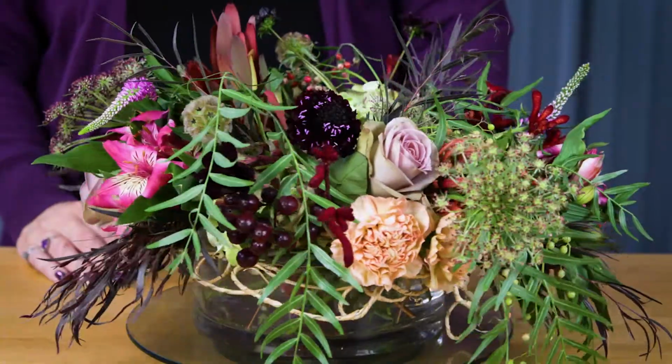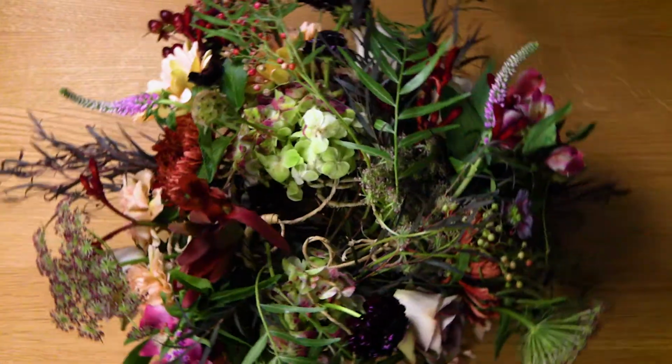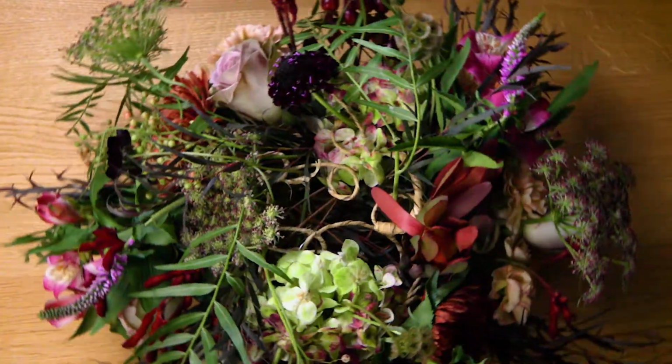So here's our completed centerpiece, and you can just see the selection of tantalizing textures that really draw you into the design. Some of the cosmos and dianthus dancing right over the top, the layers of material that continue that spiral pattern. So that's going to be integral in this armature for the mechanic to really help hold each other's